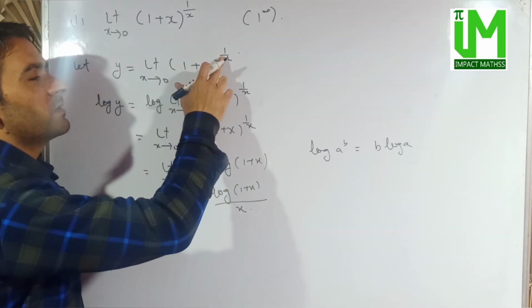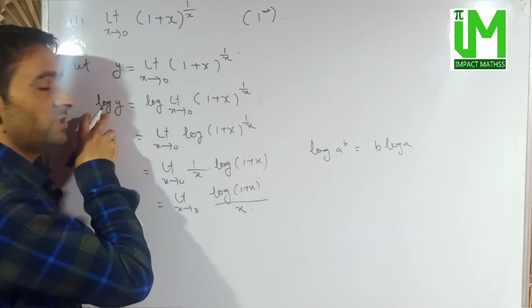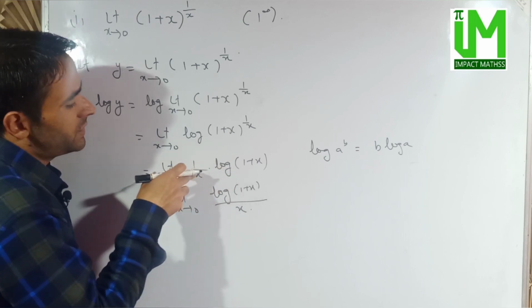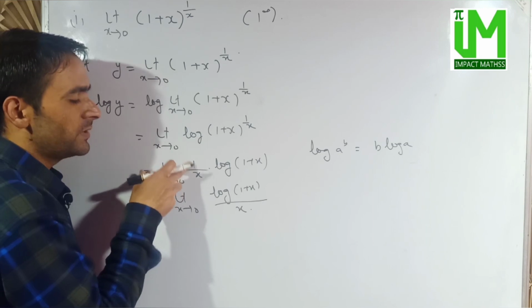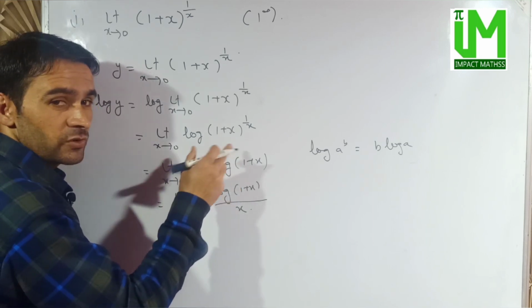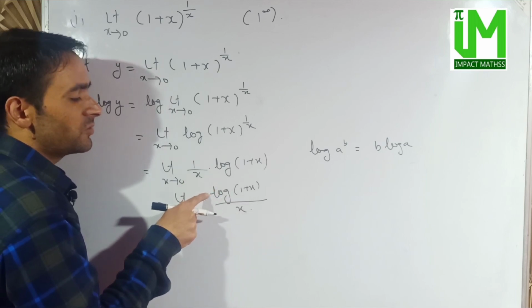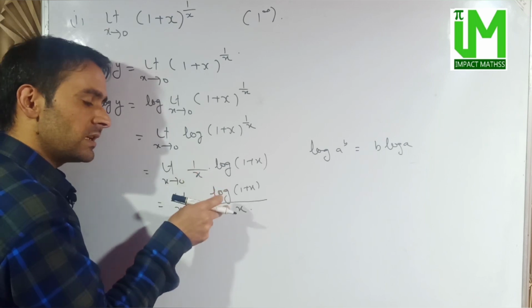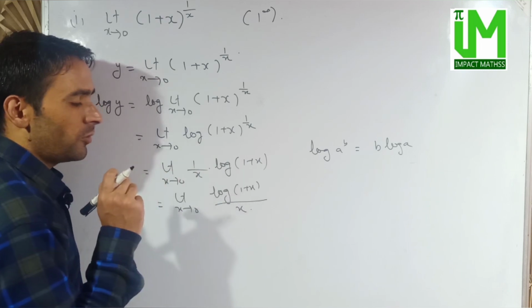Now to convert 1 raised to power infinity, first of all we take log, then from there it converts into 0 into infinity type, because 1 by x means infinity and log 1 is 0, so this is in fact infinity into 0, and then we can convert it into 0 by 0 form, because if we write this expression like this, then this reduces to 0 by 0 form. Now